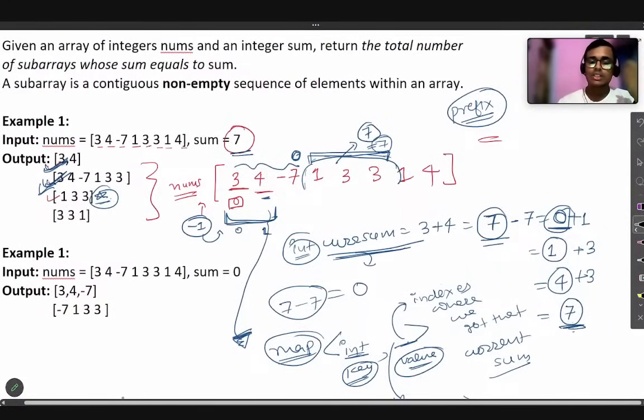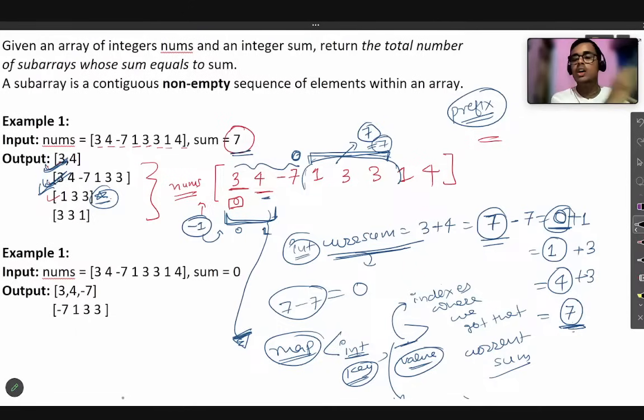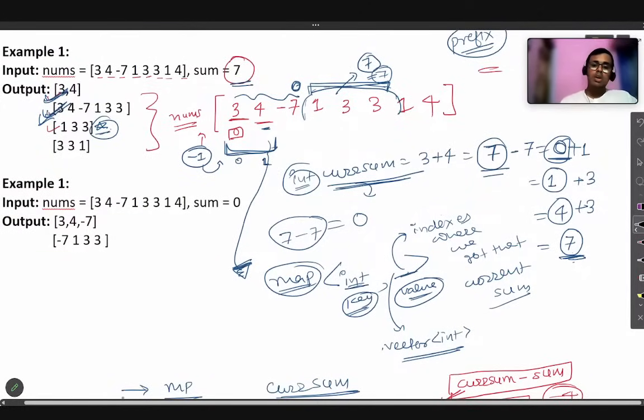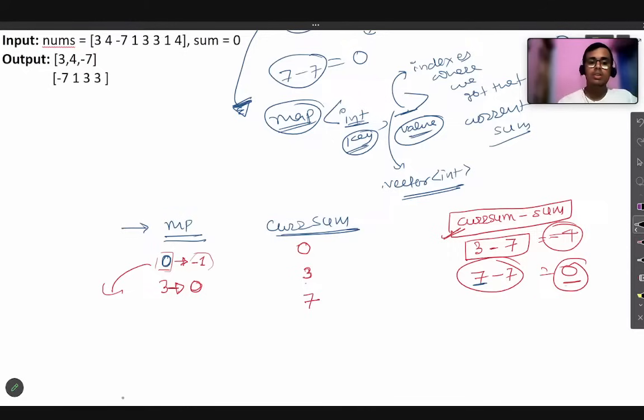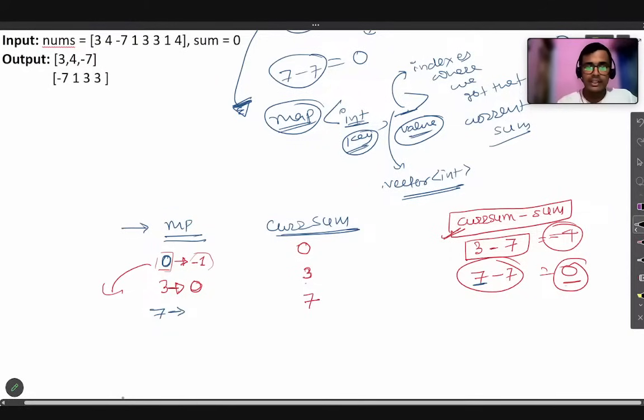So we got one subarray, which is 3 and 4, and we just have to add that into some container designed to store our different subarrays. We will design that at the time of coding. But we will have to do this because now we know the starting index and the ending index of the subarray which gives us the sum equal to the target. We will just have to fetch that subarray, and it is very easy. Now we will move forward, but before that we have to add the current sum, which is 7, and the index associated with it, which is 1.